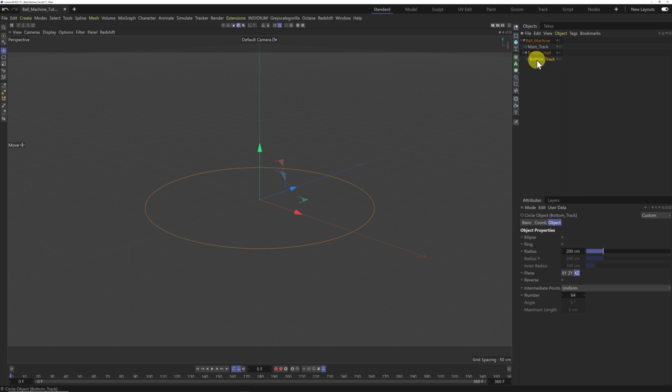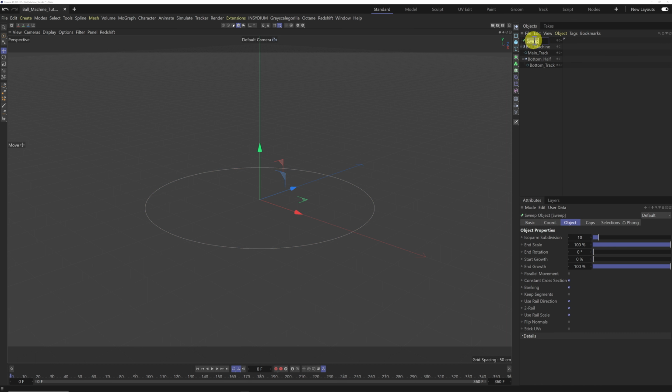to bottom track. Now the first thing I'm going to do is I'm just going to create a sweep around here. So I'm going to drop a sweep into our scene here, and I'm going to call this sweep bottom sweep. And then I'm going to drop that into my bottom half null,